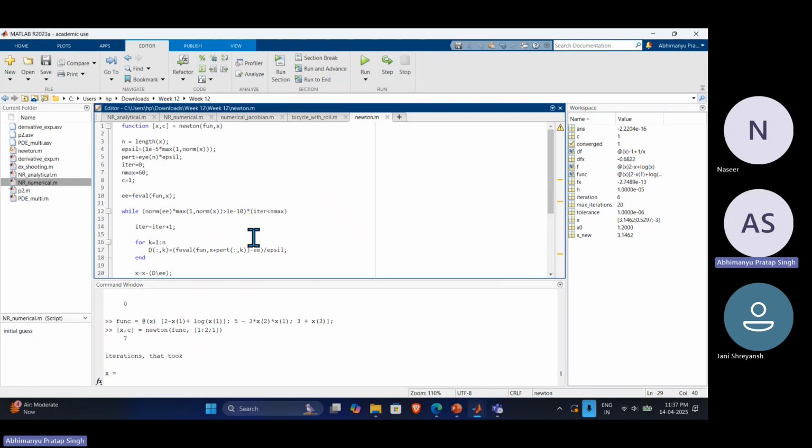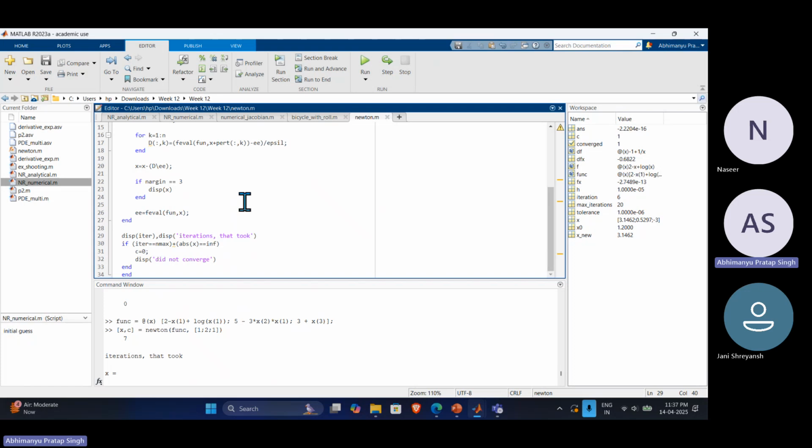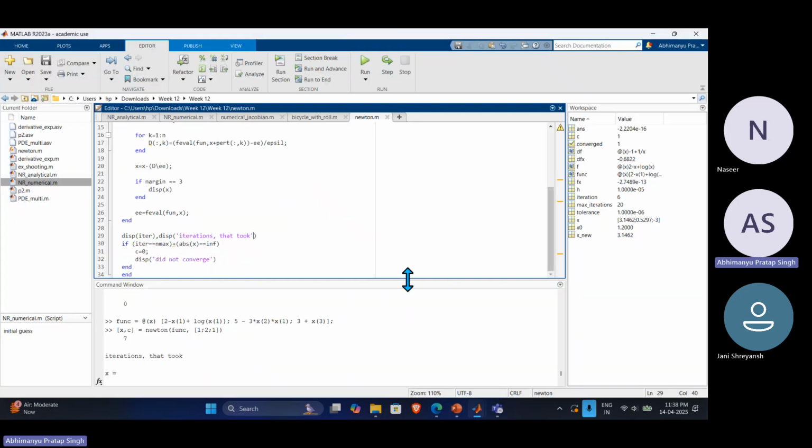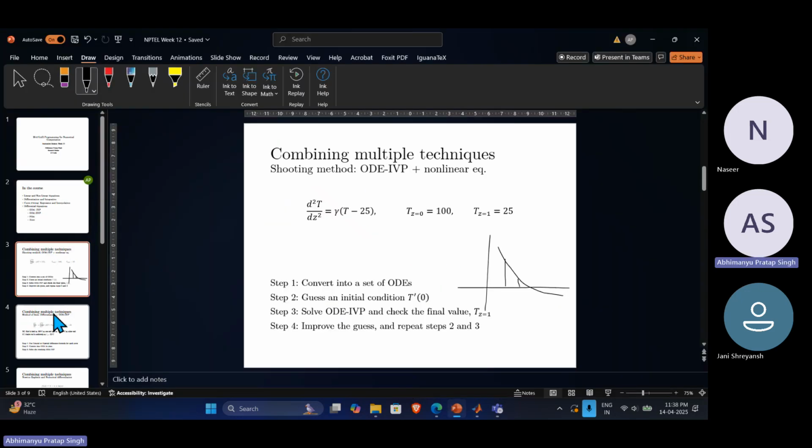So any doubt in this Newton function? It's a multipurpose function that you can use for any number of variables you want. Okay. Any doubt in this? Fine then. So I will go to the next part,